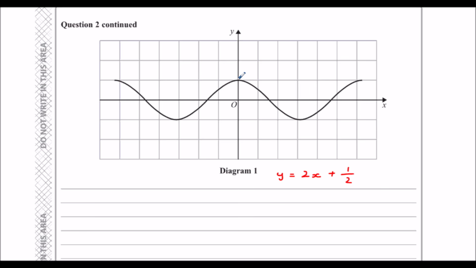So remember that this is 1 and this is negative 1. And the graph of 2x plus a half has got a y-intercept at a half. So it's going to cross at 1/2. And so we've got pi, half a pi here. So this is 3, 2, 1. It's got a gradient of 2. For every 1 it goes across, it's going to go up 2. So it's going to be up here. For every 1 it goes back, it's going to go down 2. 1, 2. It's going to come down here. So if we get a ruler and connect these up,